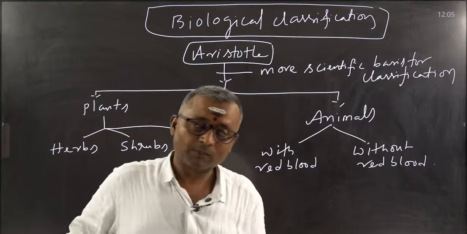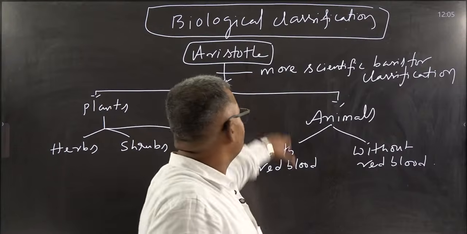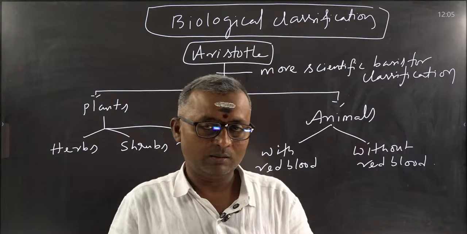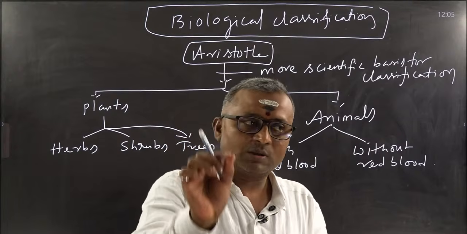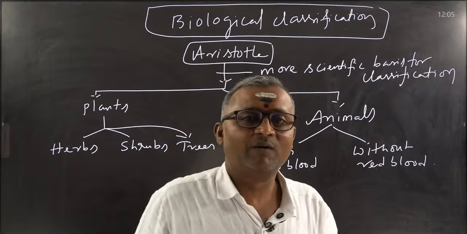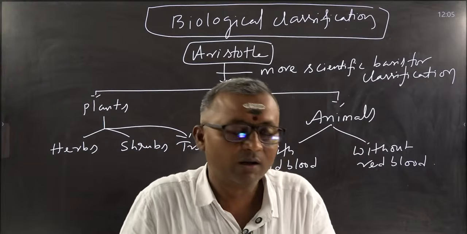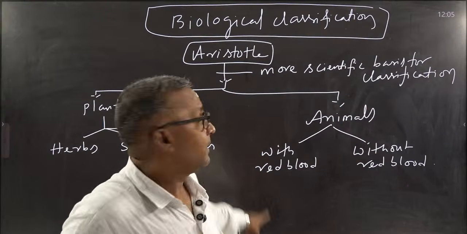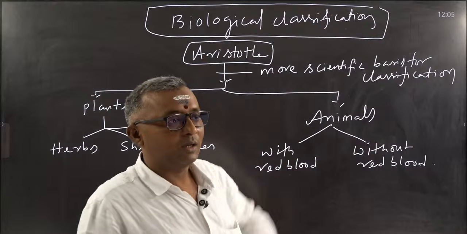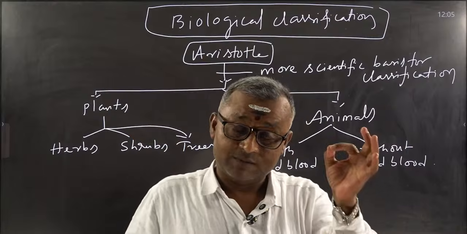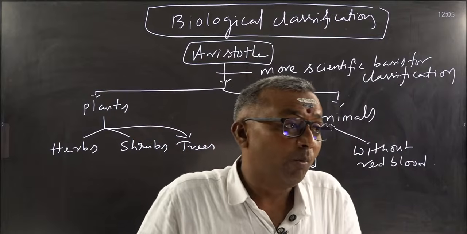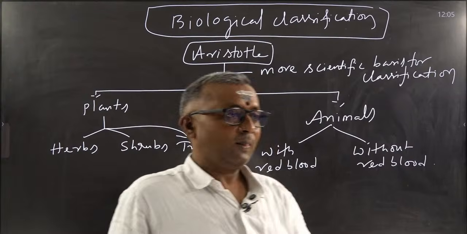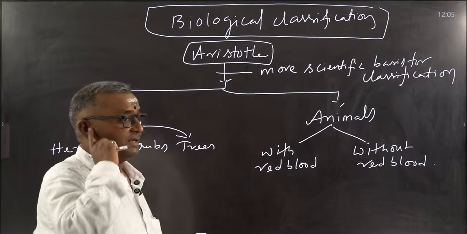Those without red blood. So like this, he has provided a simple classification. Who is that? Aristotle. So who proposed a more scientific basis for classification systems for living organisms for the first time? For the first time, it was Aristotle. Aristotle was first to propose a more scientific basis for classification. Understood? Now, after this Aristotle,